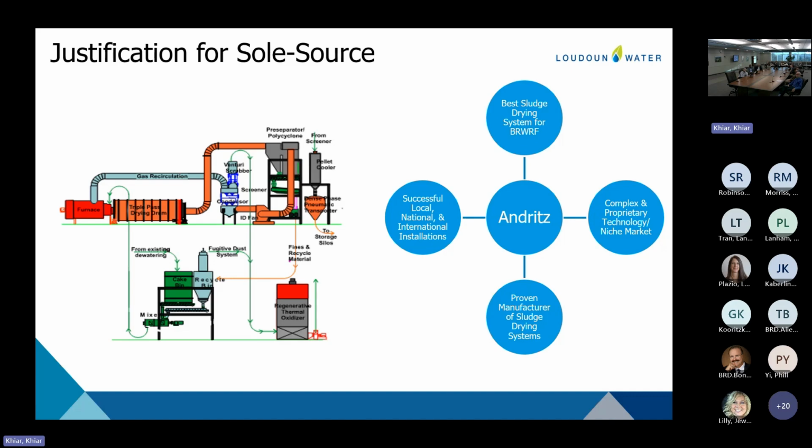And a second reason is that the product from this drying system is a pellet. It produces pellets that are about 0.5 millimeter to 4 millimeters in diameter. These pellets are very easy to transport. They're self-consolidating, so they're very versatile in handling and also end use.